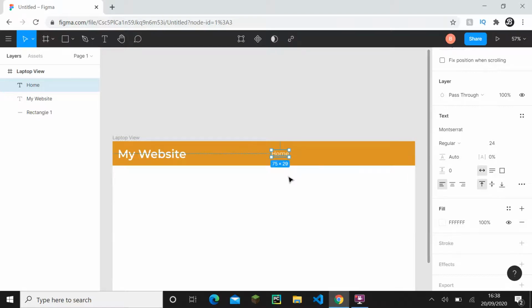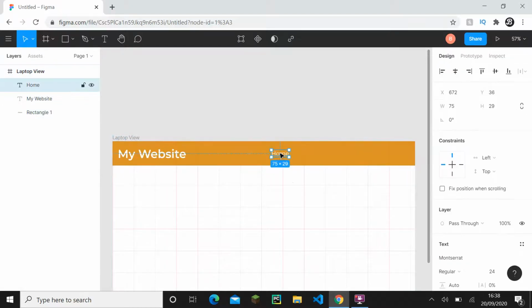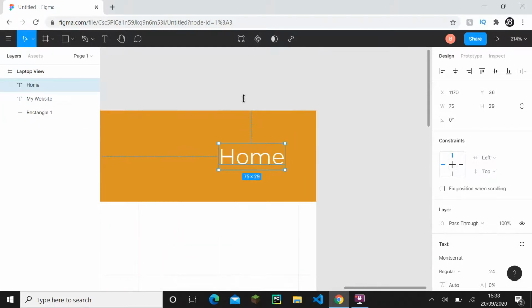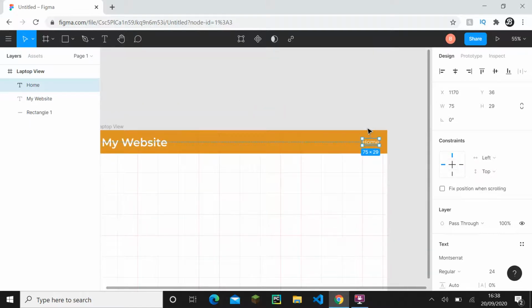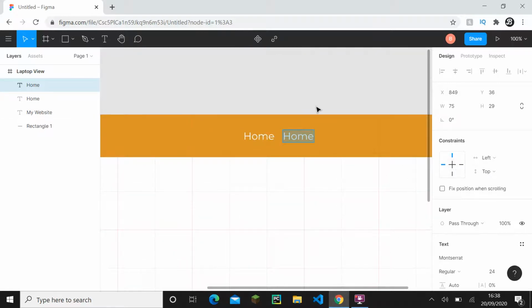And now this is where the grid is helpful. We turn on the grid, and we know we want the right. Wait, hold up. Before we use the grid, let's get in our other links. So we can do that by doing Shift Alt drag. We'll do a distribution of 20 pixels. We'll do about me,